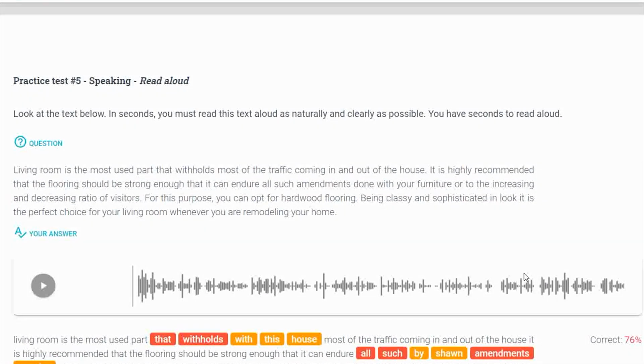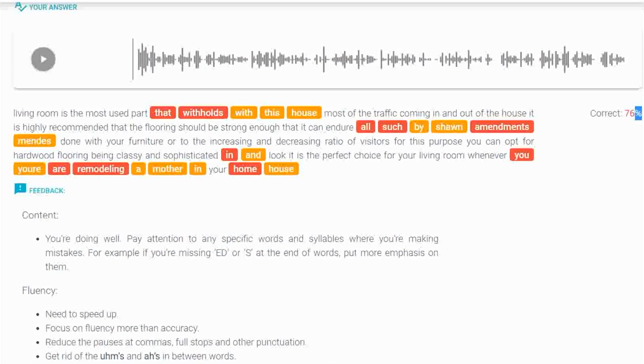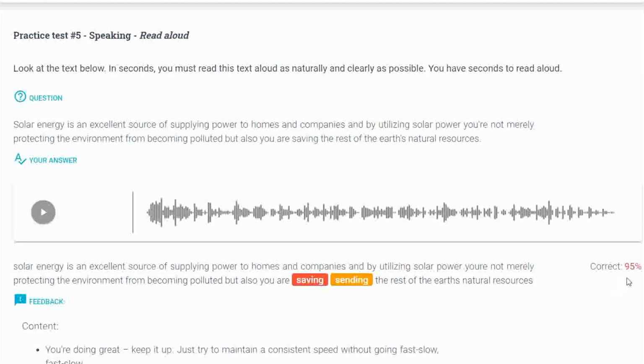So if you look at the next read aloud, this one is actually really, really good. It's 76%. But of course, because sometimes the person may not be speaking loud enough, some of the words are not getting picked up properly. So you have to make sure you're speaking loud and clear and you're opening your mouth. And if we look over here, we get 95%. So if you get 95% in your read aloud accuracy, you'll be getting the maximum amount of marks that go